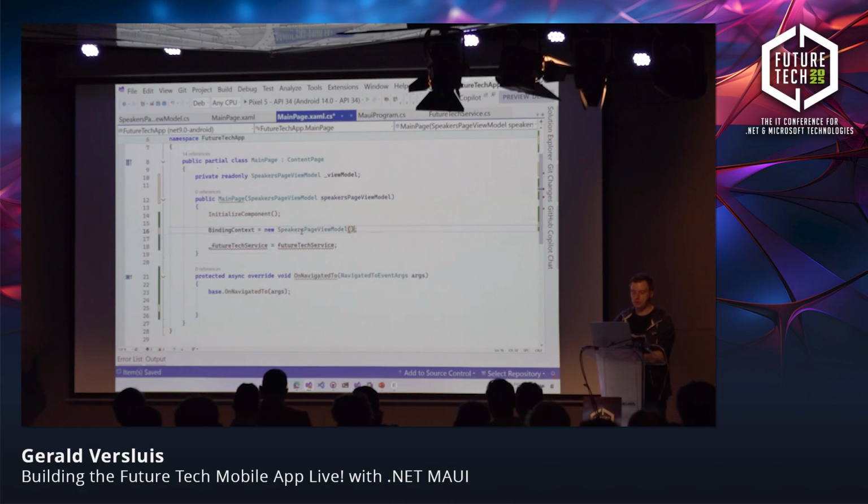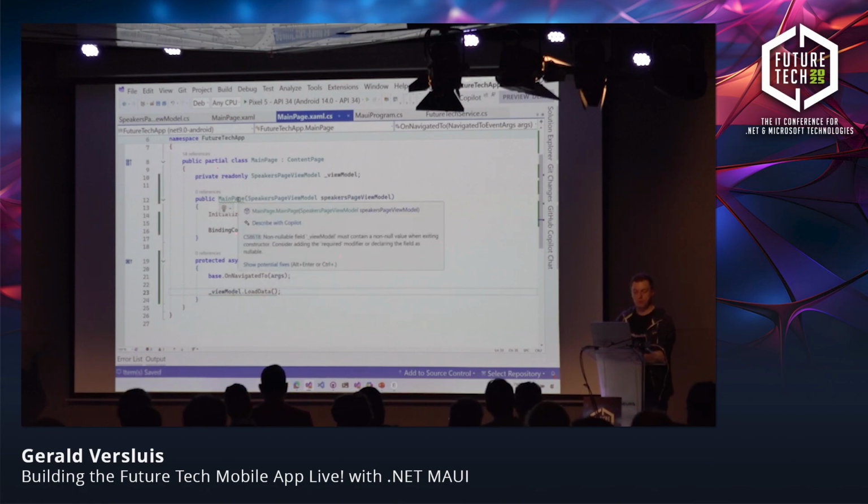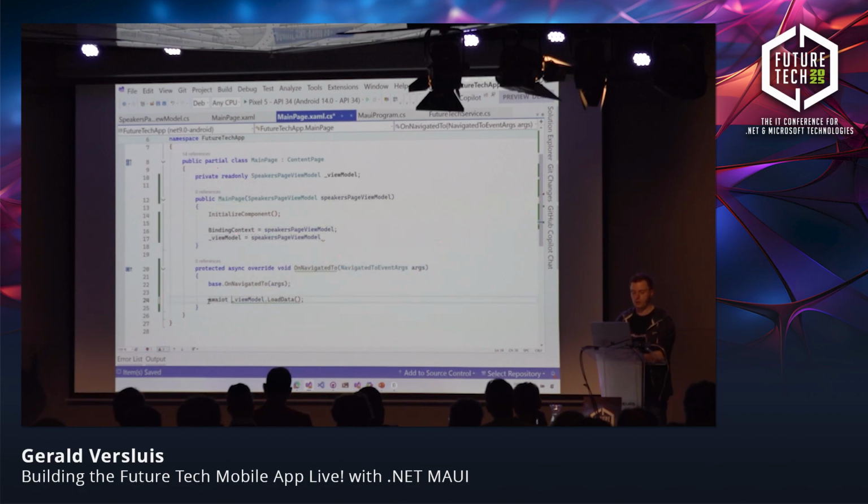No, not that one. And I don't need new either. I'm smart, I swear. Sorry. And then here I can say dot load data, right? Something like that. Oh, that makes sense. Yep. View model is speakers view model. Oh wait. All the squiggles are gone, almost, yes. Perfect. Okay, so if I run this,